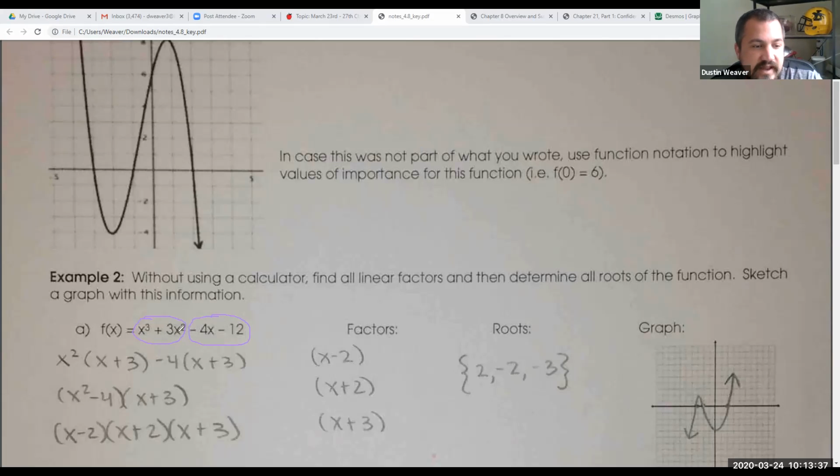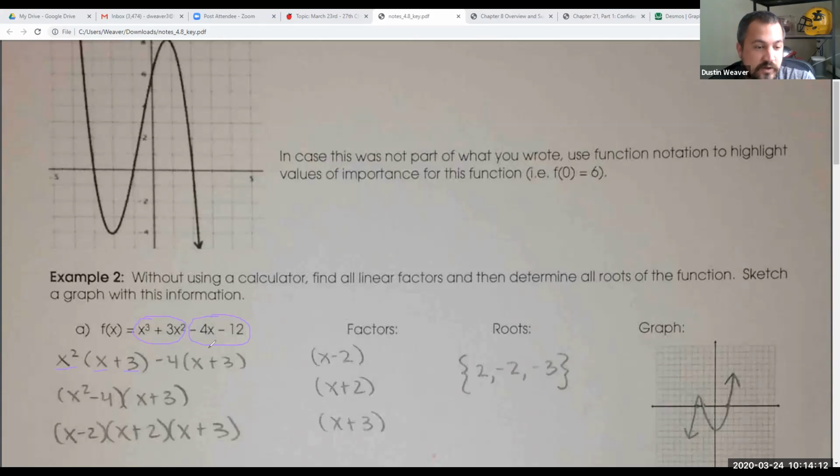If we're just looking at the variables, it's going to be the biggest exponent that they both have. So this is x to the third and this is x squared. So x squared is our GCF. We're able to pull that out of these 2 expressions. And then what is left? x to the third divided by x squared leaves us with just 1x. And 3x squared divided by x squared leaves us with +3. So we just write what is left in parentheses. Okay, so we did that for our first 2.